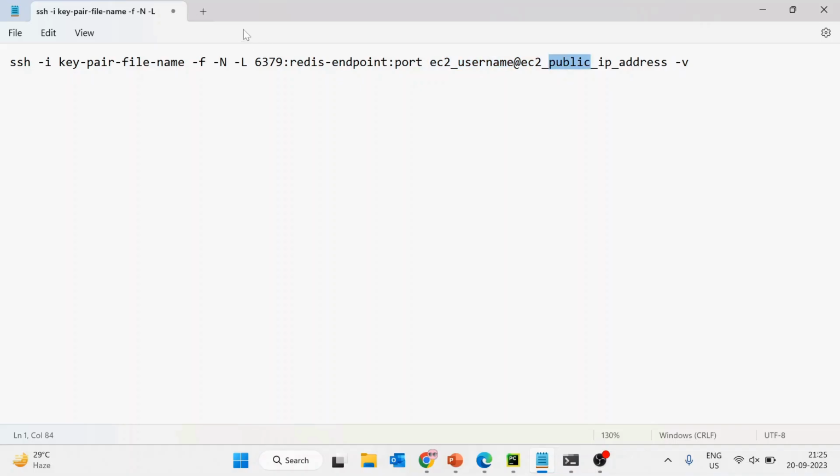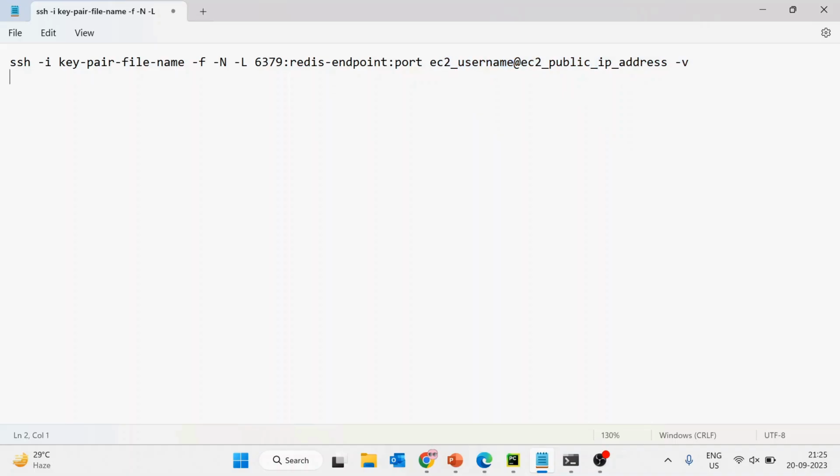So if any request comes to the local machine on port 6379, it will redirect that request to the actual Redis endpoint and port, and run it through the EC2 machine whose username and public IP address are given.